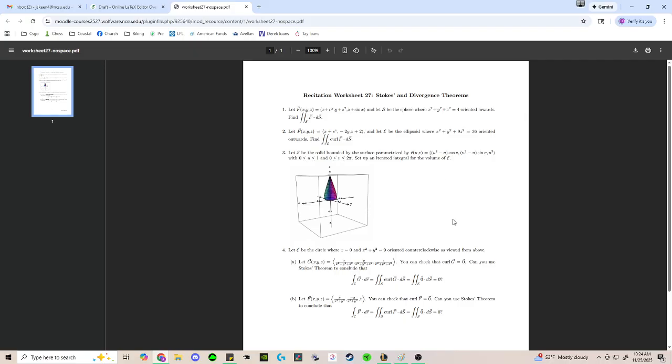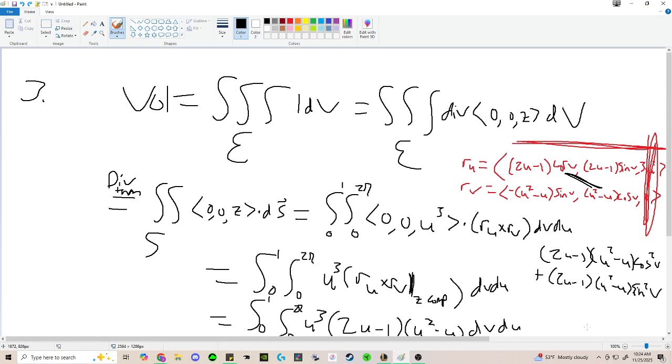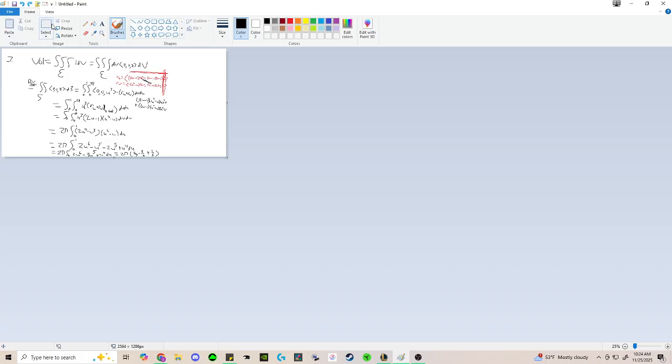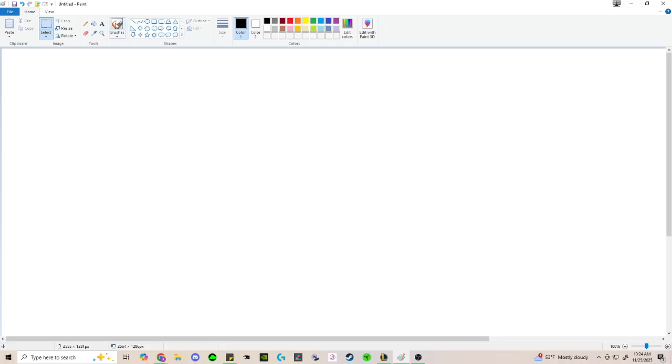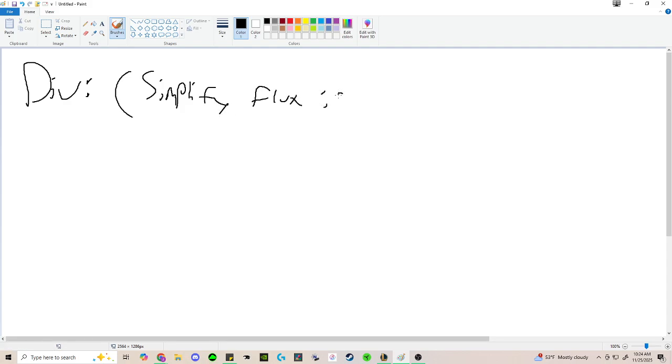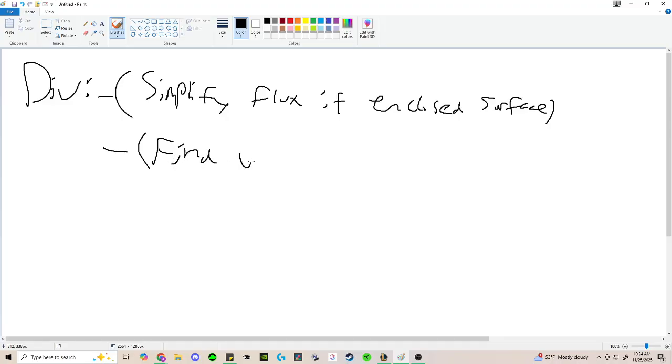Is that the divergence theorem, right? So this can be used to simplify. Maybe we copy this guy here. So the divergence theorem can be used to simplify flux if it's the flux of an enclosed surface, or it can be used to find volume pretty well. And then here you're just going to do